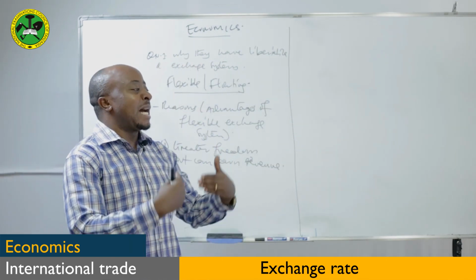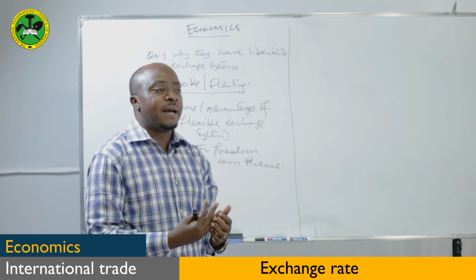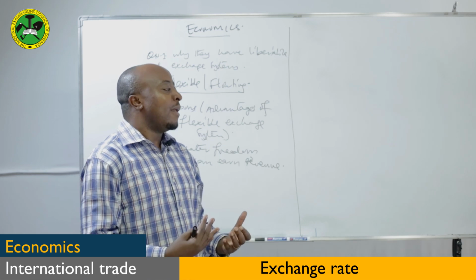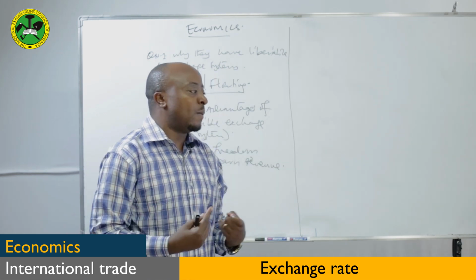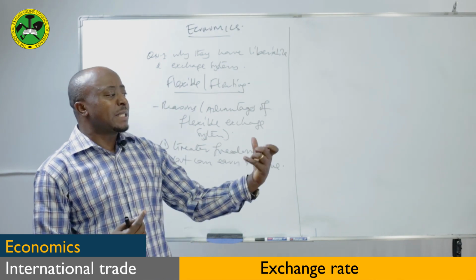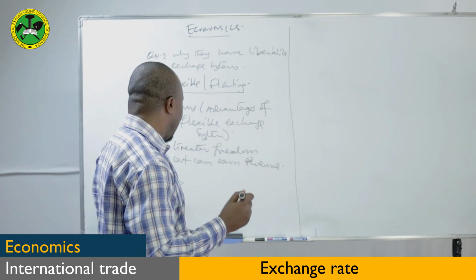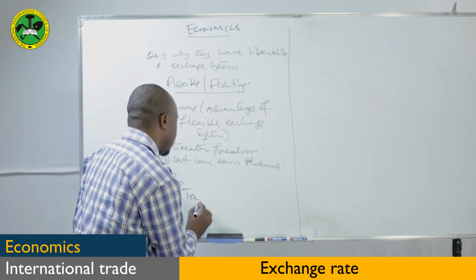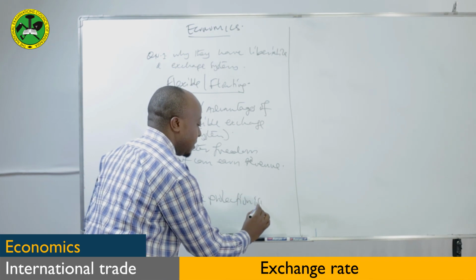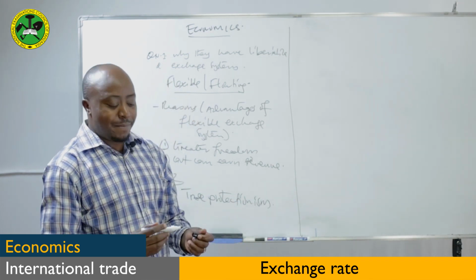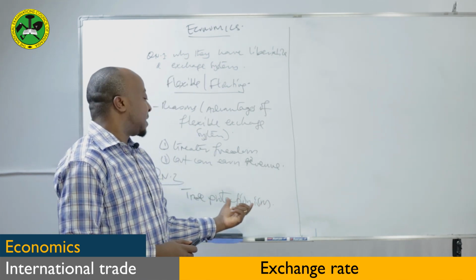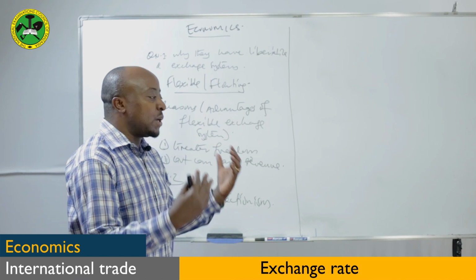Now for that case, we say there is unfavorable. Now if there is that situation, that means import is so high in the country. Now as economic student, what would you advise the government to do so as to lower the import? Now this question is going to the part of, if you remember, trade protectionism. Trade protectionism. Remember, when you adopt a trade protectionism, which is a statement, a policy, where the